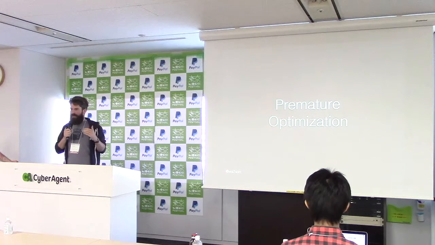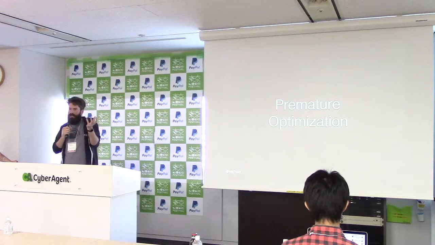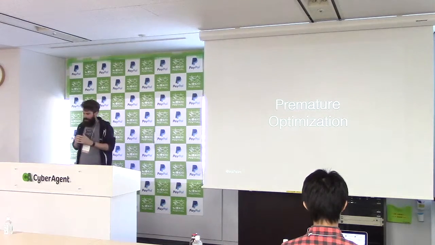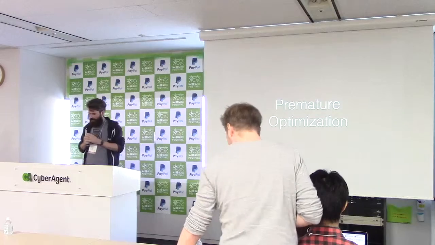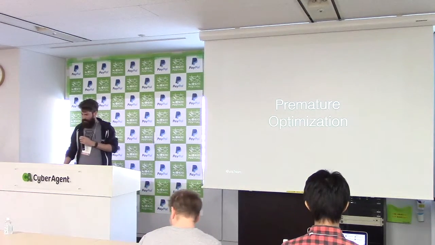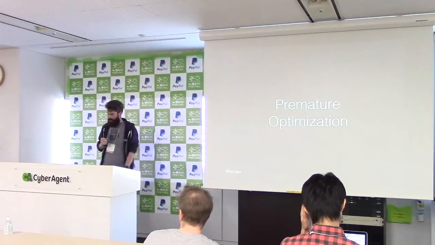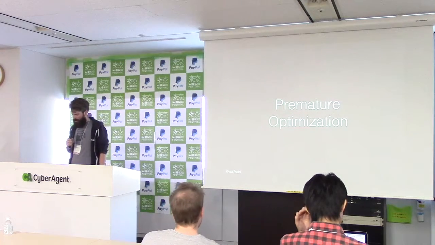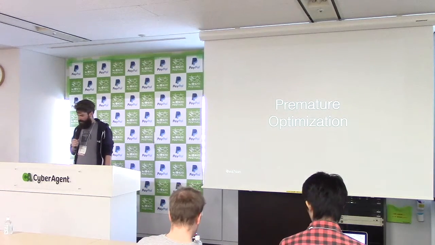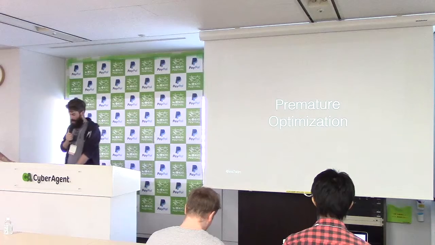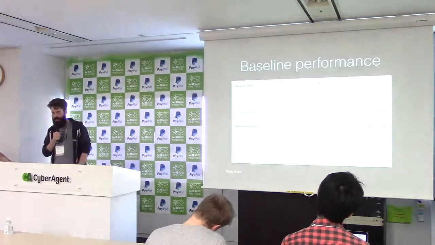And the danger is that you tend to spend your time in the wrong places. You tend to spend a lot of time trying to make some corner of your app really fast, even though it might not have been slow to begin with, or it might only be used 0.1% of the time, so it doesn't really matter to make it fast. So a better approach is to figure out what is your baseline performance of your application,